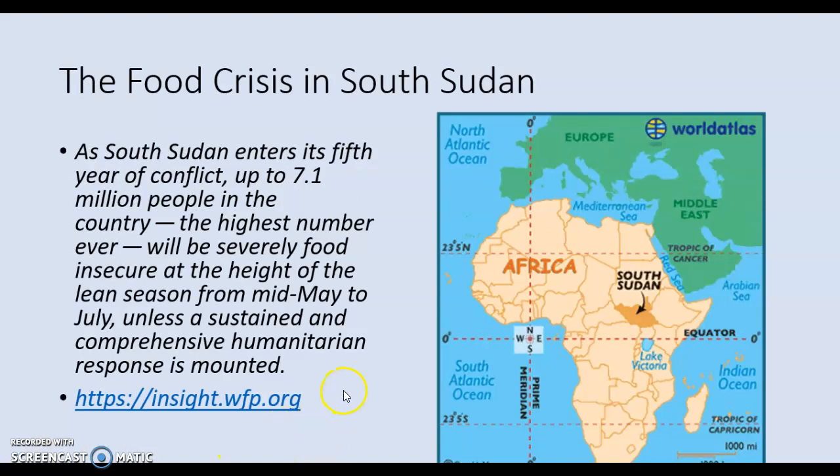So the case study that you need for this unit is the South Sudan food crisis. You have had a look at that on Seneca. There was some really good info on there for you. In terms of location, we can see that South Sudan is literally just above the equator there, and sort of getting up towards the Tropic of Cancer. So that means it is quite a dry country. We know that this area up here is the Sahara, and this is kind of sub-Saharan Africa as well.